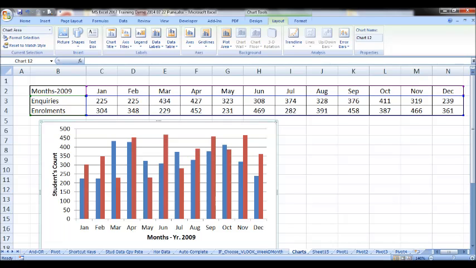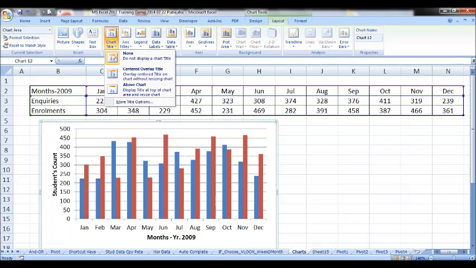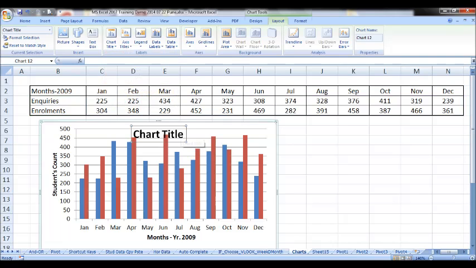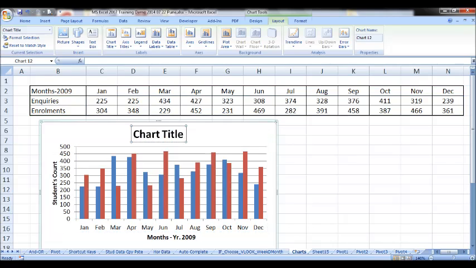What is left? Title for the graph. It is chart title. Center overlay or above chart. Let it be above chart. Again it is overlapping, so click on the graph part and resize it.